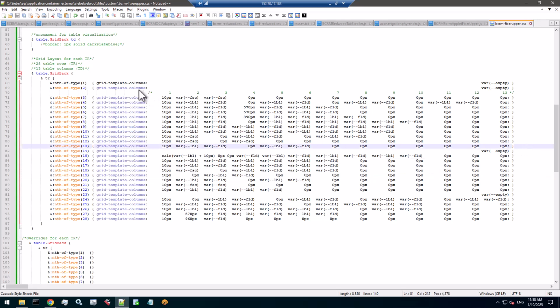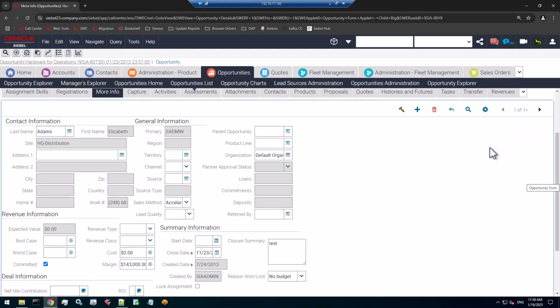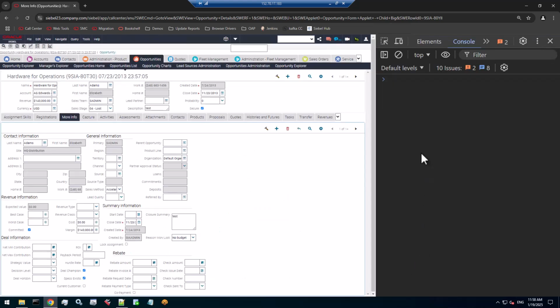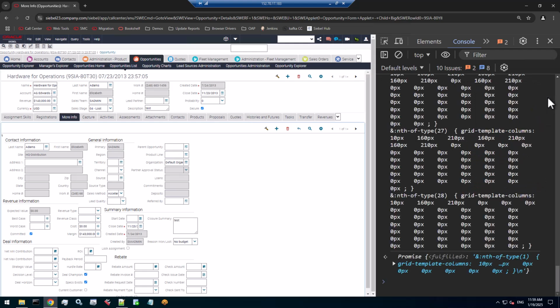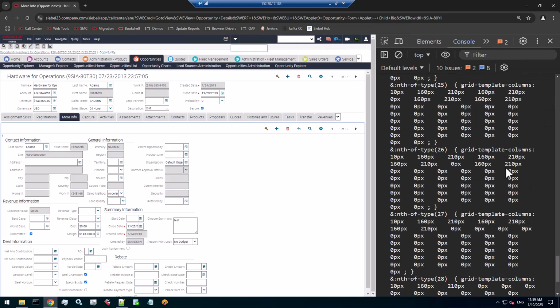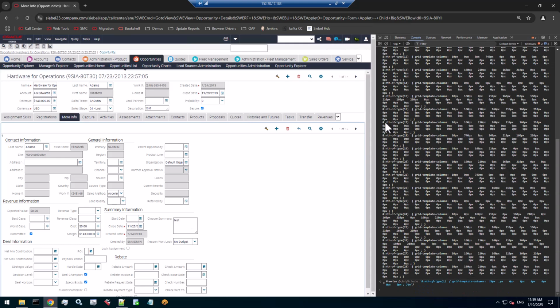So how to get to a first version of that grid? That's the question. And the answer is a JavaScript function, which again might or might not be part of DevPops in the near future. I have yet to figure it out. This is my function I wrote, the form applet fixer upper, and it takes some parameters, and let me set that parameter to false as well. And you see that the output, let's zoom out here, is this exact